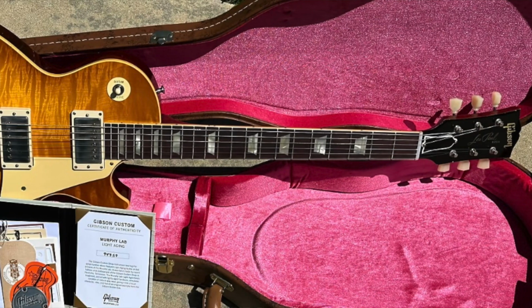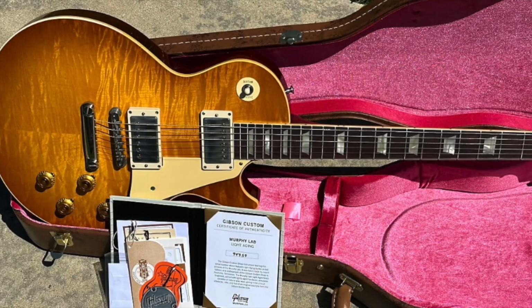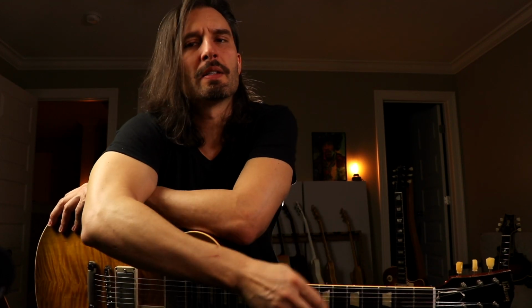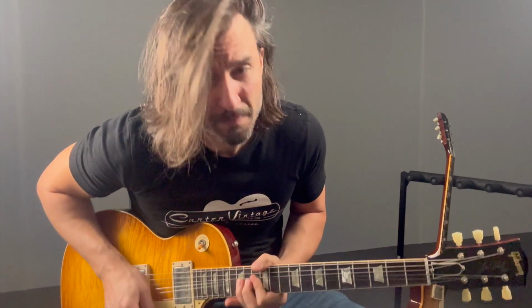The Murphy Lab light aged I didn't have long enough to get attached to, although it was an absolutely killer sounding Les Paul. Of the 3, honestly, it was probably what I would consider a quintessential example. It had the telly on steroids. All 3 positions were super musical. The guitar was very nuanced and touch sensitive, but it had a snarl and bite to it that was just killer. This one doesn't quite have that, but